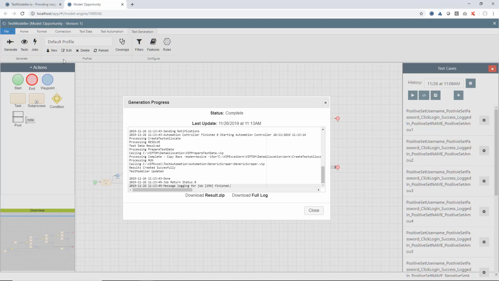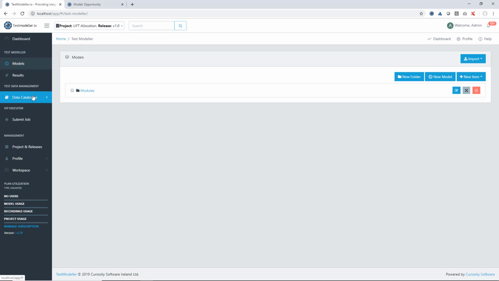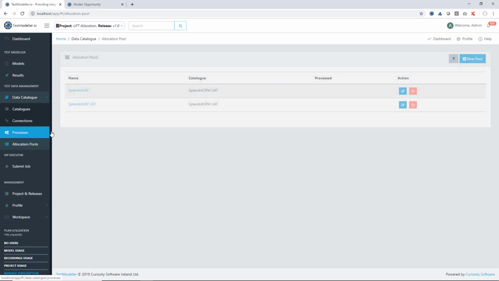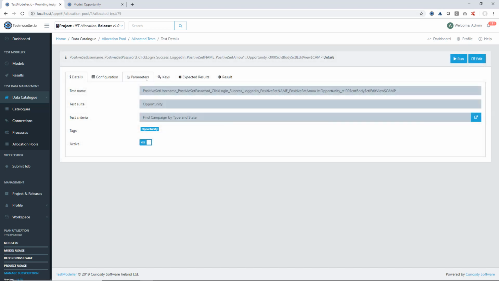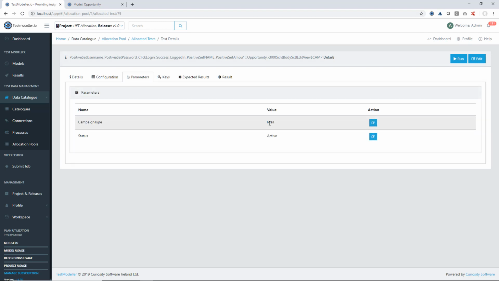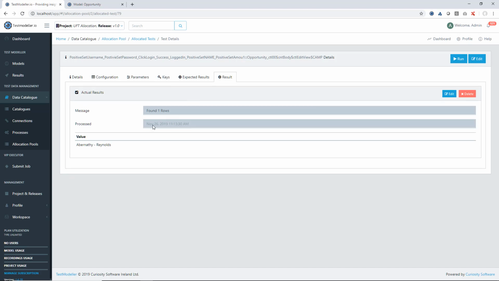Okay, so we'll see here the job has completed. If we come back into TestModeller here, we look at our allocation pools and we go into our UFT pool here, what we'll see is that the pool has now been populated, and we've got some results here. If we take a look at our find campaign by type and state, we'll see that the parameters we entered were male and active, just come through from Modeller, and the result here is that we have a campaign that